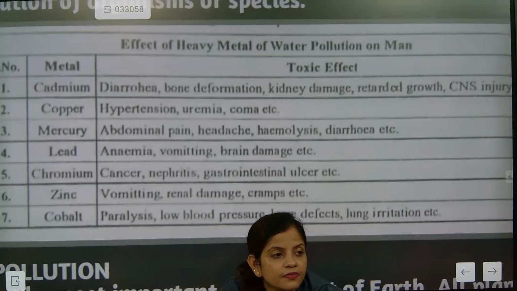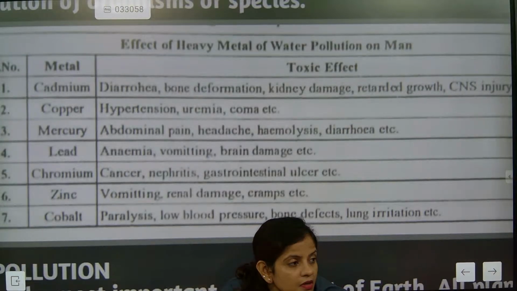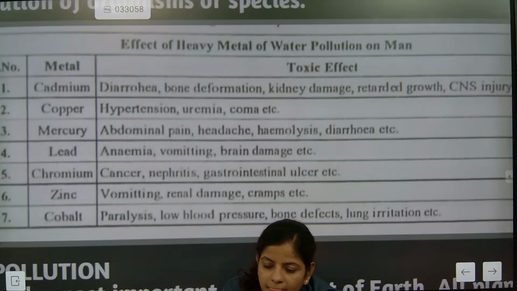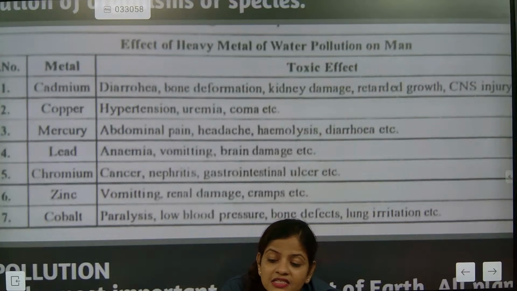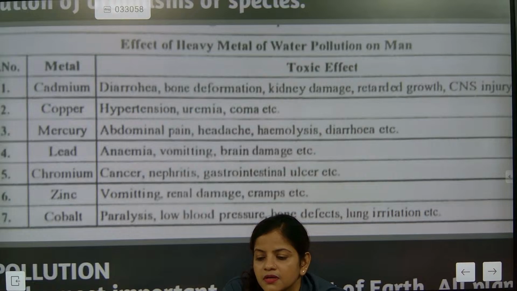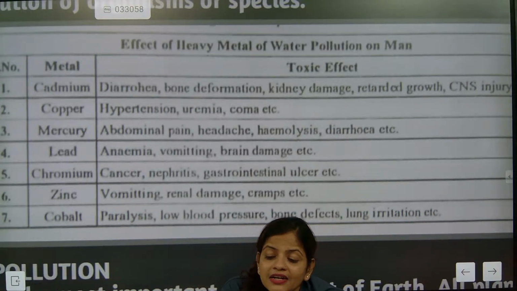Next is copper. Copper will cause what? Hypertension and coma. Mercury, lead and brain damage. Next, chromium: cancer, nephritis, intestinal ulcer. Zinc, so they are done. Cobalt,